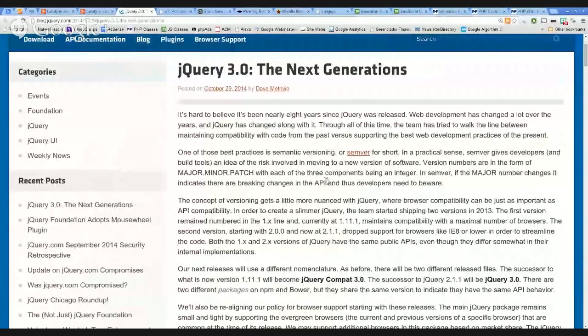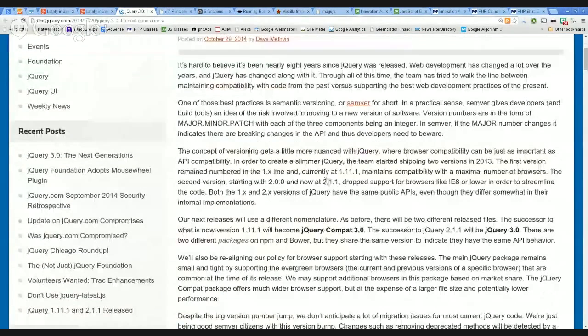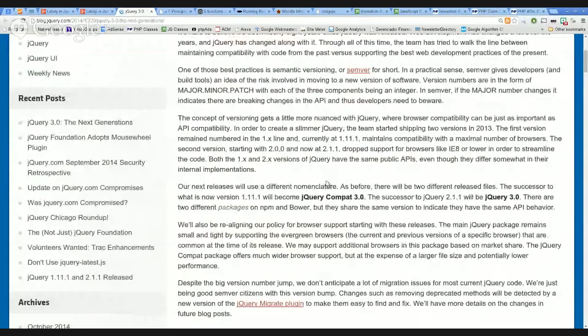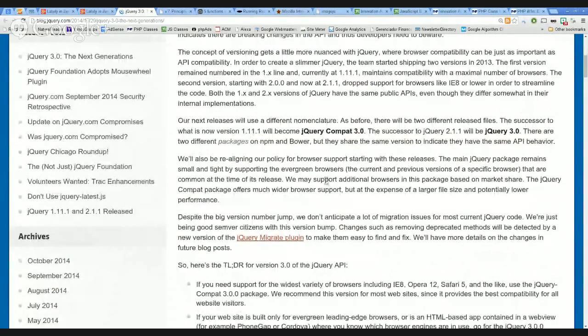But we are here to talk about the latest happenings in the JavaScript world, and we are going to start right away with some news about jQuery 3.0. Basically, it doesn't say the most important information people wanted to know, which is when it will be released. But they mention a few things about what they plan to do in this version of